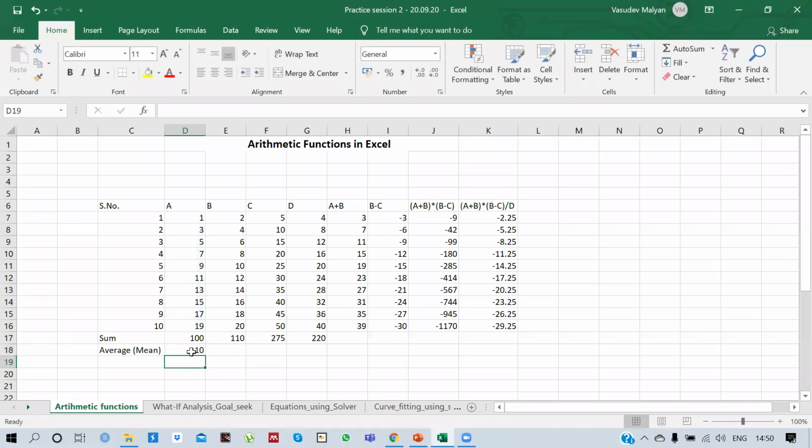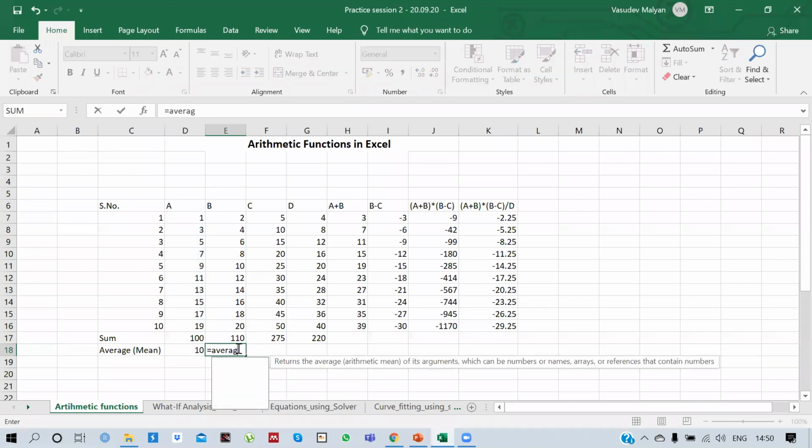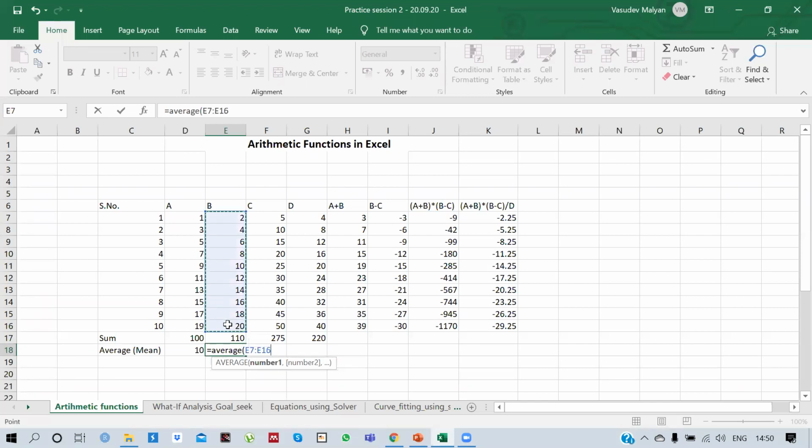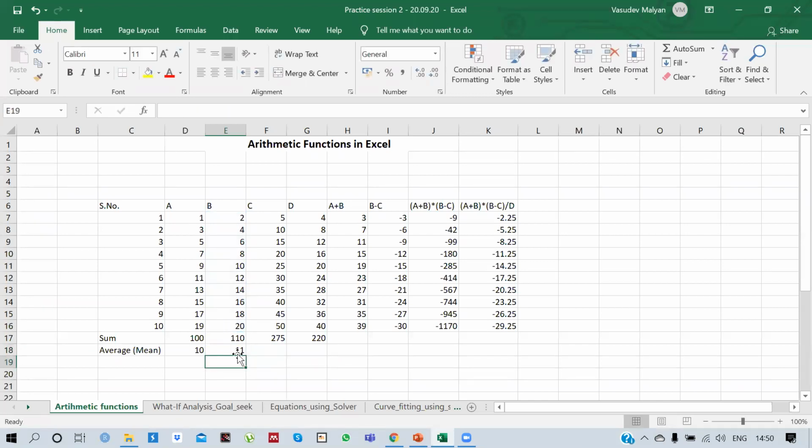So the average of this one is 10. And similarly, the average of column B is 11. And similarly, I can again drag all the way here to get the mean. So this is one thing.